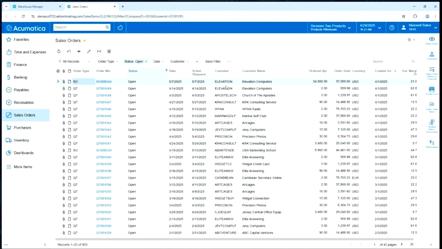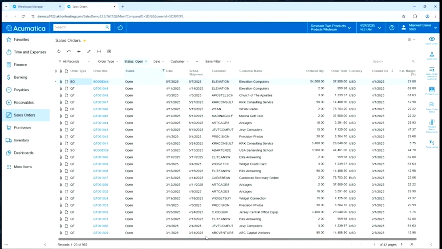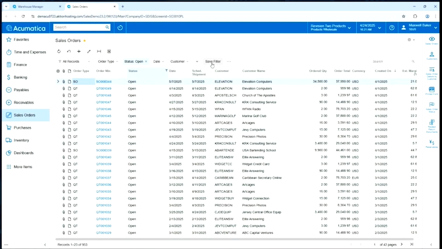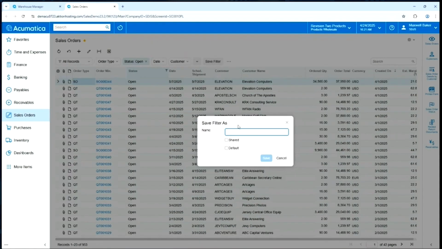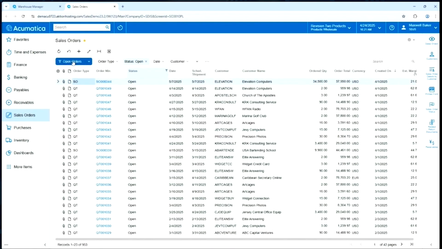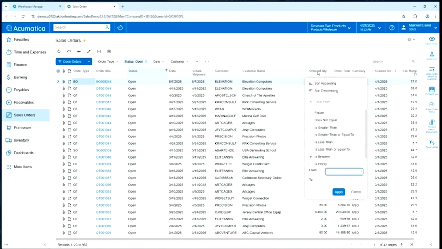And if this is the type of filter that you would like to have permanent in the system, all I have to do is come over and click that Save Filter button right here, and I can name that filter Open Orders, for example. Save that, and it becomes a permanent filter here in my list. Now I can still get rid of the filter, and I can add other filters, and I can do other things. So if I keep doing filters on top of filters on top of filters,